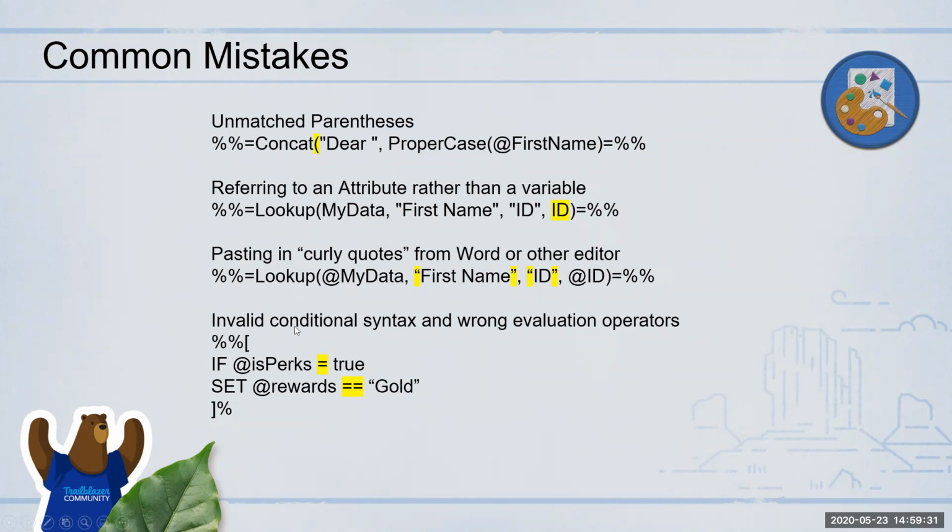Okay. And then the conditional evaluation, where you have syntax where you want to evaluate, so operators, where this is supposed to be a double equals if you're trying to compare. You might put the assignment operator there, and where you want to actually assign, you put the double equals as well. So don't confuse the two. Use the assignment correctly and the comparison correctly as well. Okay.